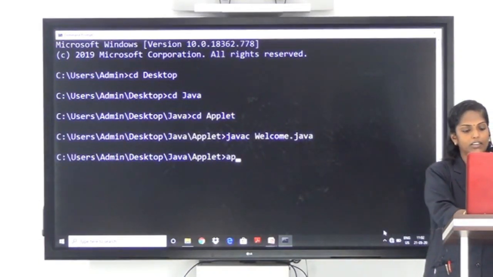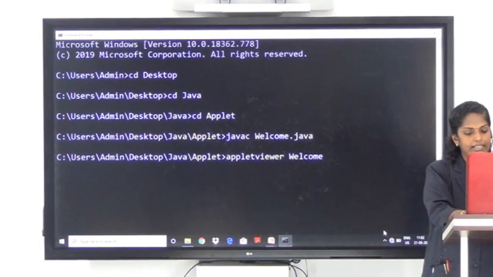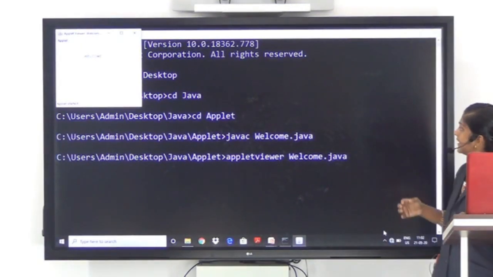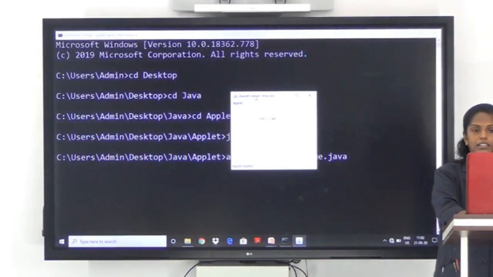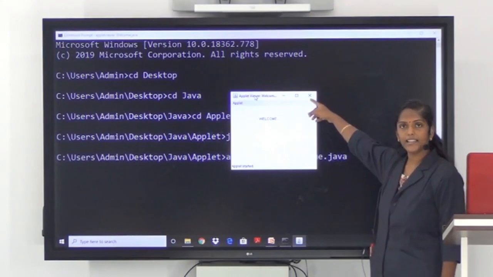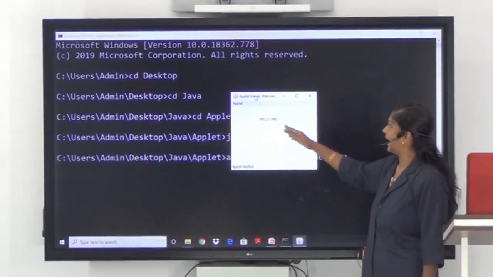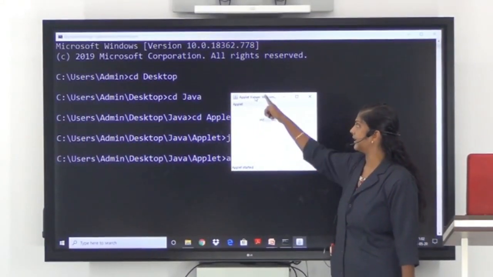Now we need to run it using appletviewer: appletviewer welcome.java. So here is our applet. This is the initial size of the applet that we specified, 300 by 200, and it shows the message welcome at this location, 100, 50.